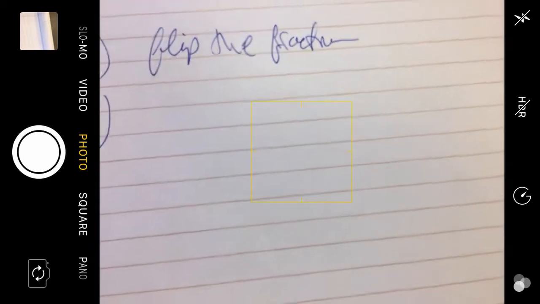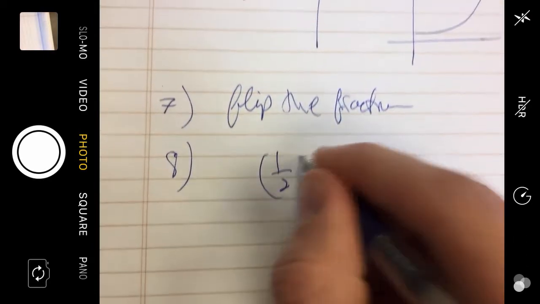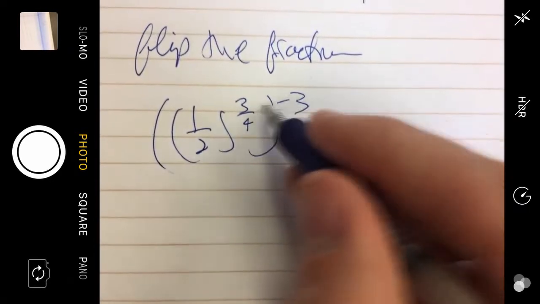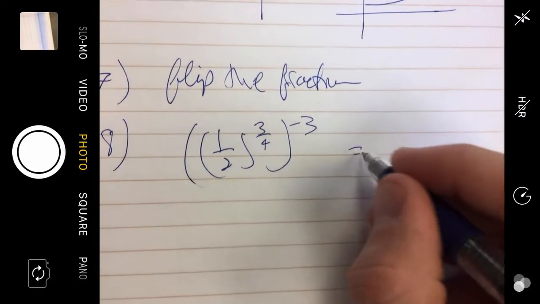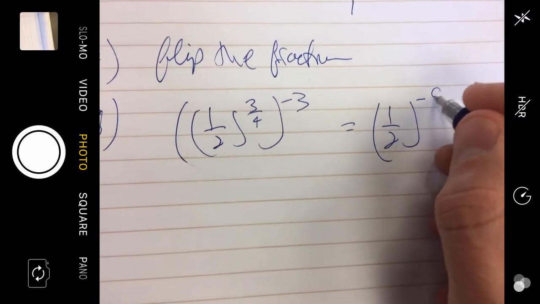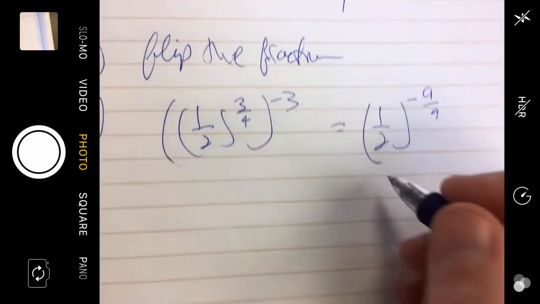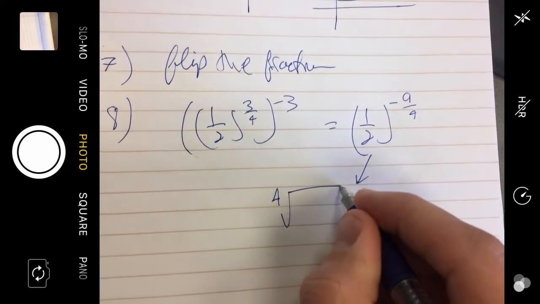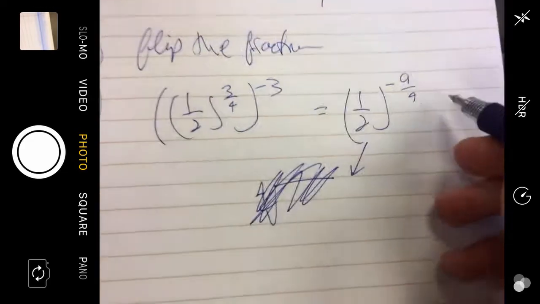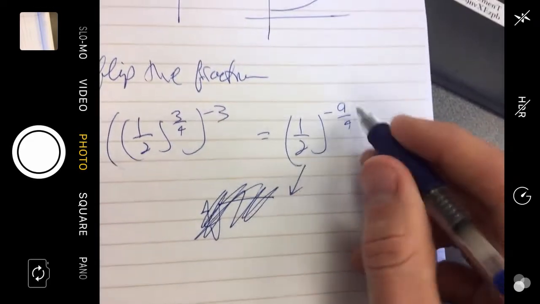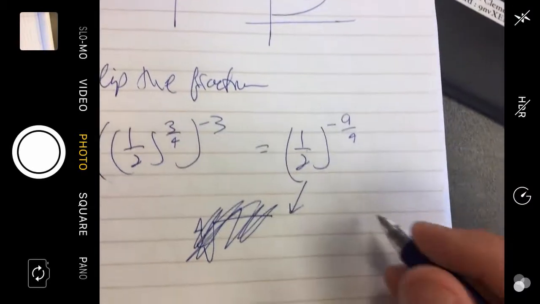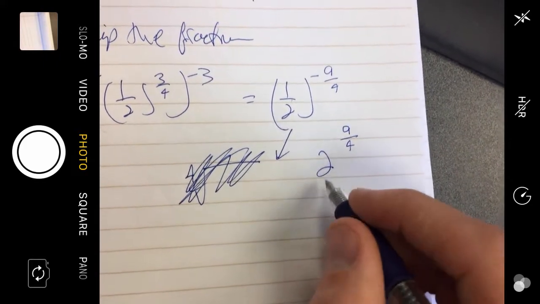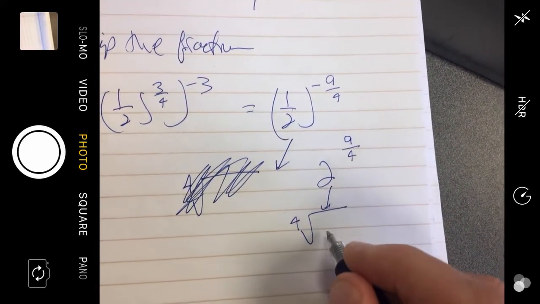Number 8. Okay, so 1/2 to the 3/4, to the -1/3. Okay, you're going to multiply fractions, multiply the exponents in that situation. So that gives you 1/2 to the -9/4. Okay, now use your rational exponent rule to put the fourth on the outside. Well, actually, you know what? It's negative, so let's deal with the negative first. So the negative flips on the inside then. It makes it 2 to the 9/4, and then we'll take it to the 4th root of 2 to the